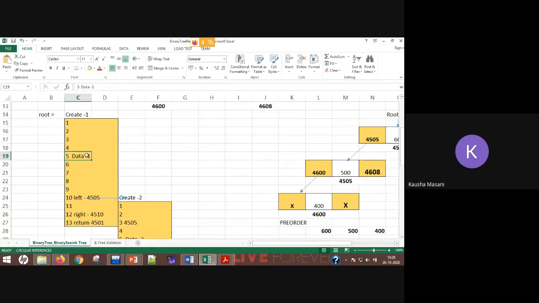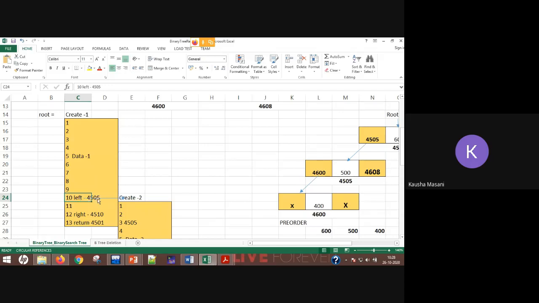Now, because I have given some value, obviously the if condition, that is x equals 0 and return 0, is not going to work. So no termination. It is going to go to the 10th line where I'm asking enter the left child, and I'm calling the create function again.